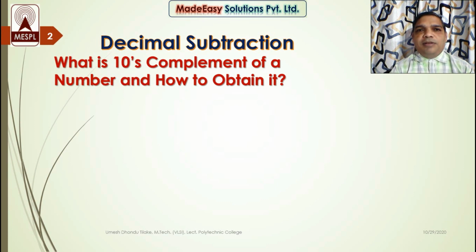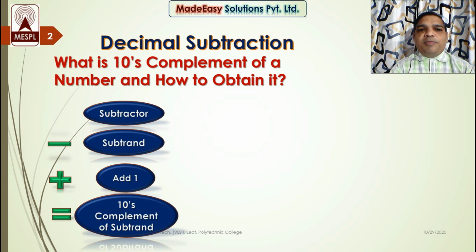Let's have an example. Now as I have to perform a subtraction and addition both, that means I have to subtract a number from 9,999 and then add 1 into it to find ten's complement. So I have arranged the equation in a vertical manner, which shows the subtrahend to be subtracted from the subtractor, and we have to add 1 into it. The result we get will be the ten's complement of the subtrahend. So here, as I told you, if I have to find the nine's complement of a 4 digit number, I will have to subtract the number from 9,999 first. That means I have to find the nine's complement of that number first.